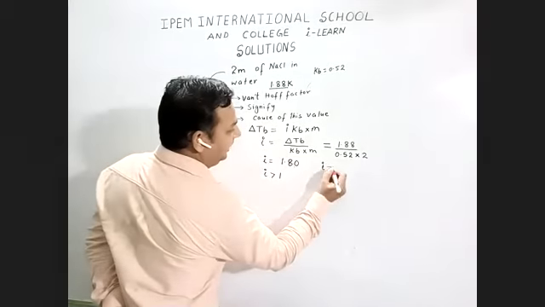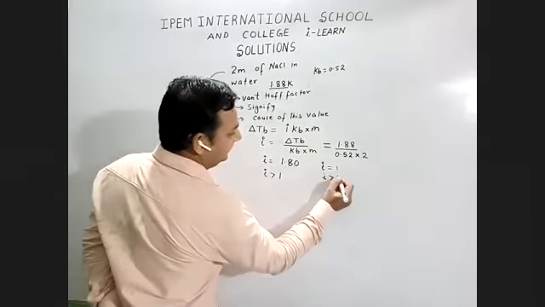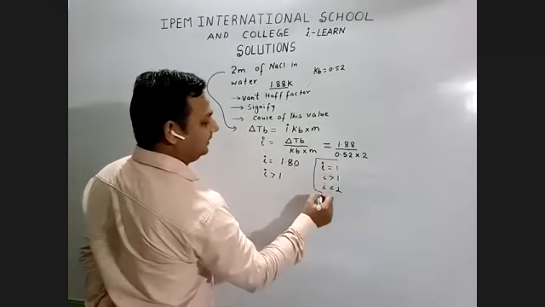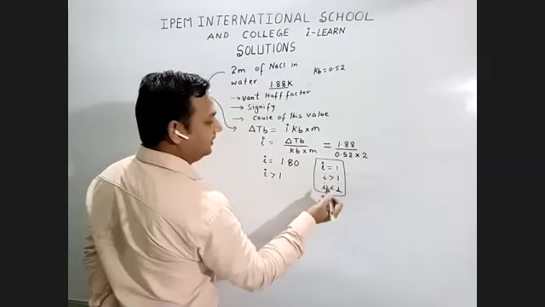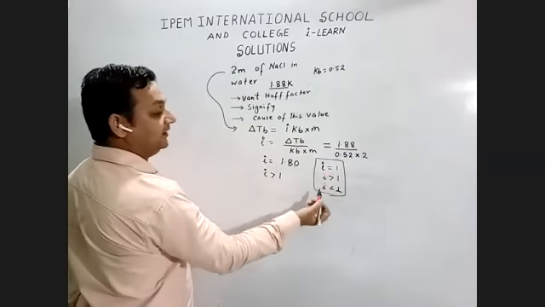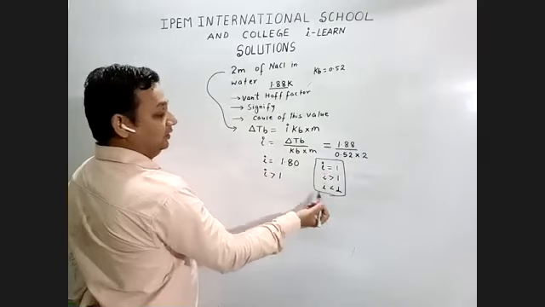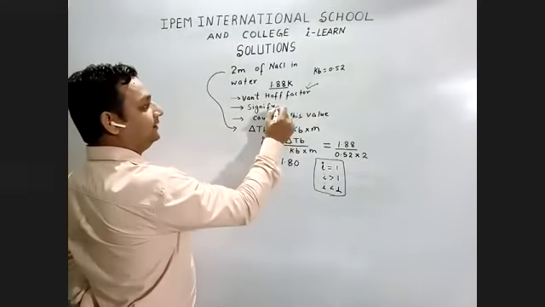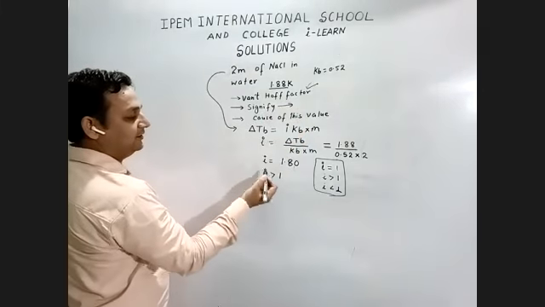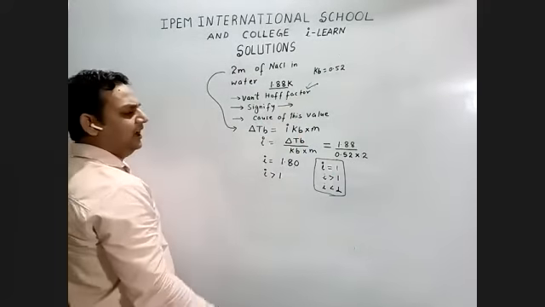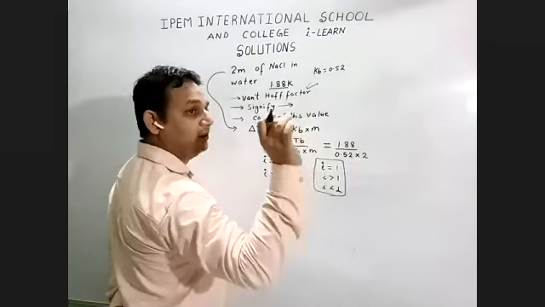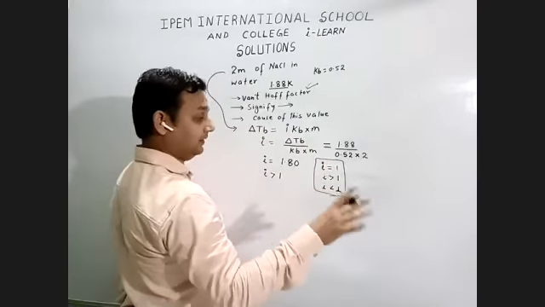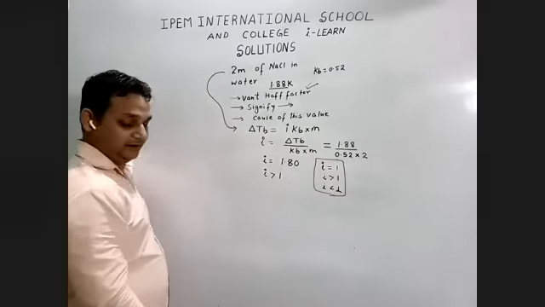Now, three concepts are there. i is equal to 1, i is greater than 1, and i is less than 1. So for the Van't Hoff factor, three important cases are there. Now, since i is greater than 1, you have calculated the Van't Hoff factor. What does it signify? If i is equal to 1, no association and no dissociation will take place. All right, we will talk about that and give reasons for that.